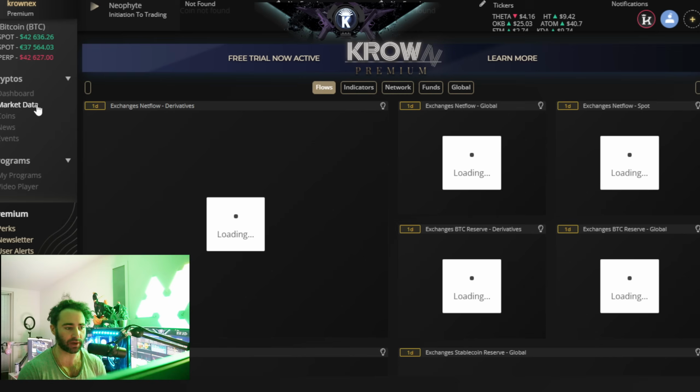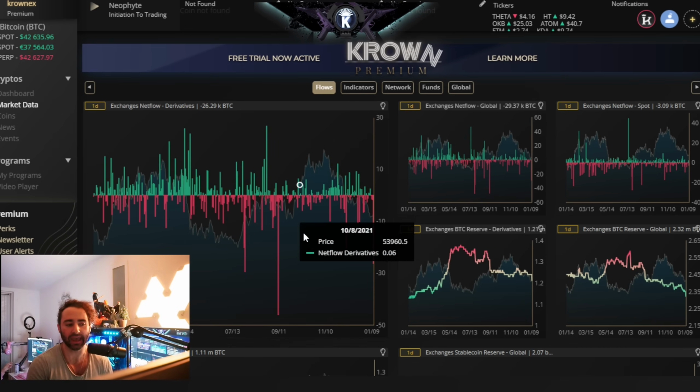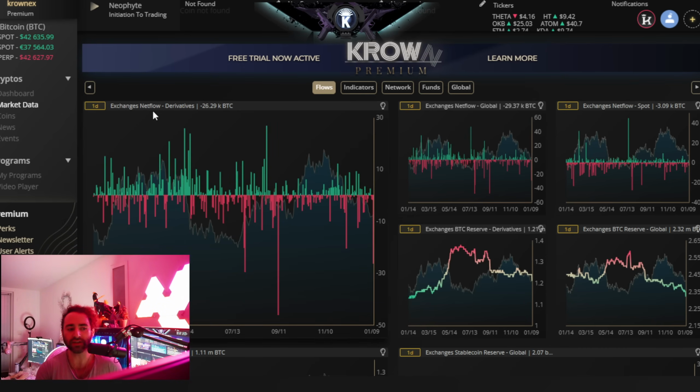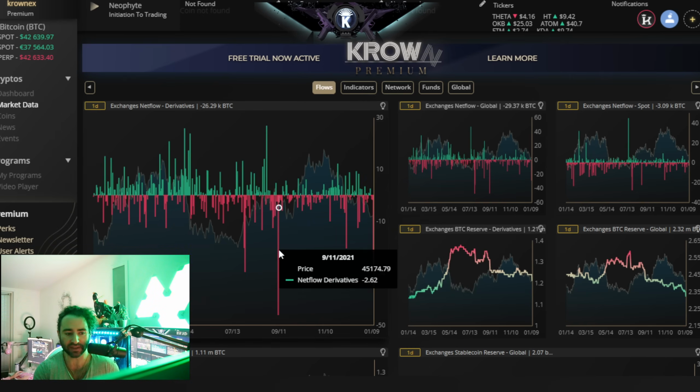But before we get into that, I want to go through a few more of the market data tab pieces and kind of round out this case. The exchange's net flows, we saw a humongous outflow, the biggest outflow that we've seen basically since, what was this, September? Yeah, September. Or was this November?